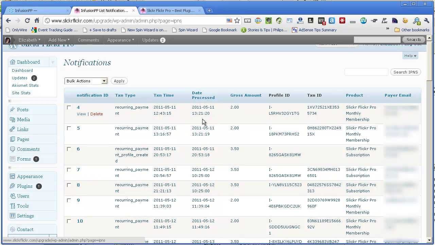And also the fact that this date is filled in shows that not only has the payment come in from PayPal, but it's also been processed and cross-referenced in Infusionsoft. If ever this date were blank, it would mean that Infusionsoft had not yet tied up the payment from PayPal with its own records. You can sort any of these columns, and you can go and view each of the